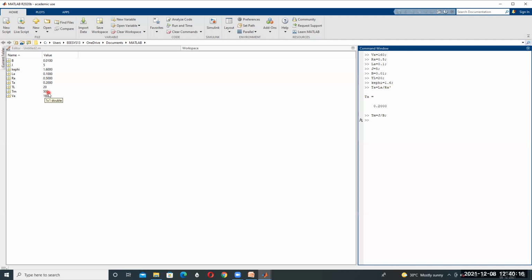You will get 500 in this workspace. After completing the workspace, go to the simulation.